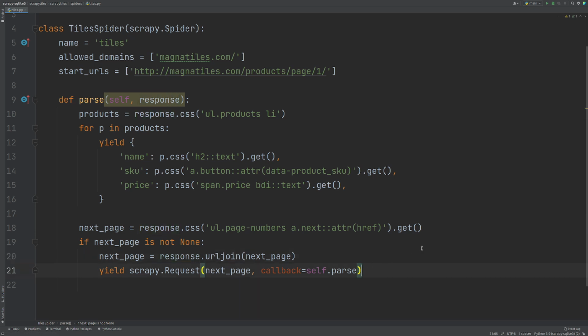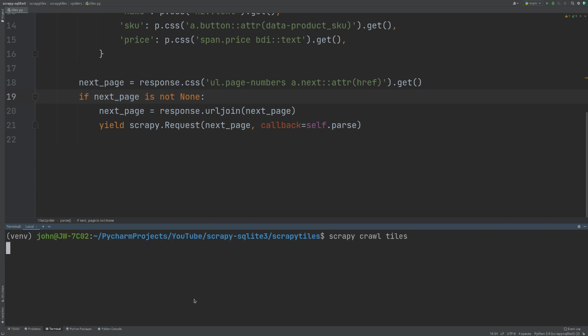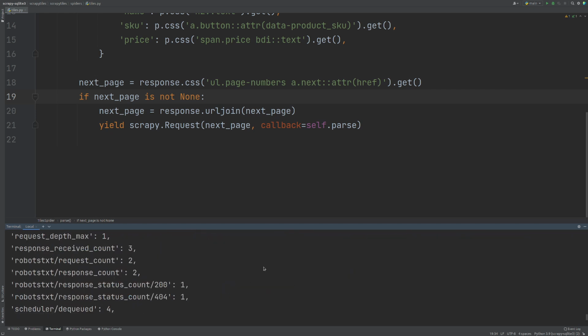Thank you. So this might look a little bit more complicated, but all it's doing is it's basically saying that we're looking for this link inside the href on this a tag. And if it exists, we are creating our full URL if we need to, and then we're going back and creating a request for that next page back to this parse function. So it will keep going through this until it doesn't find that anymore. So now when we run this, let's close out of our shell. So if we go back to crawl, we should get all the items on all the pages, and we should see page 1. Okay, we've got